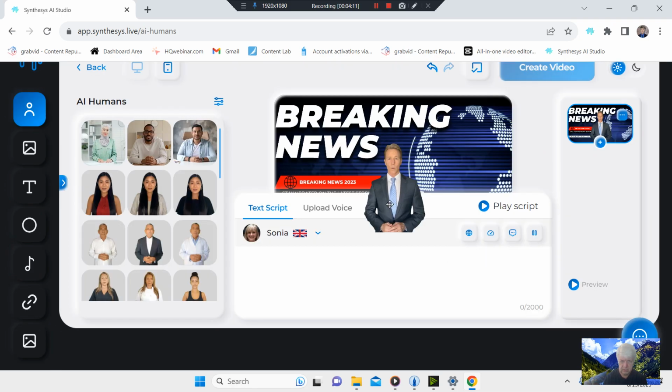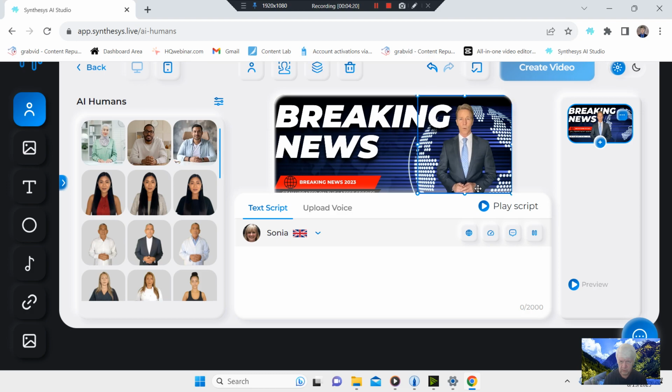And now you can see you've got him here. He needs to kind of go over here. And you can see wherever you want to place him right there. If you get him too far over here, then he does have arm movements, and they can be cut off when he moves his arm.